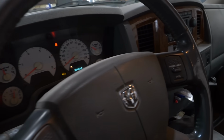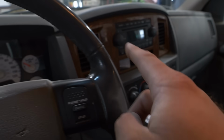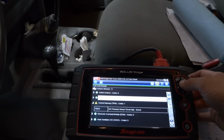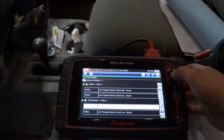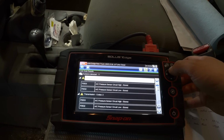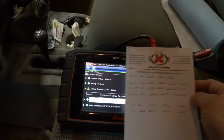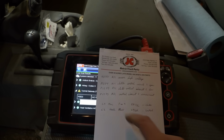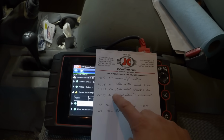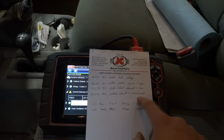problem. I confirmed that the AC does not work. The light comes on, but nothing comes out the dash. It does have a couple of codes for the pressure sensor. That's my fault. I unplugged it just to make sure that it was working, and it does work. But before I started this, it had several other codes, and they all seem to be related to the clutch